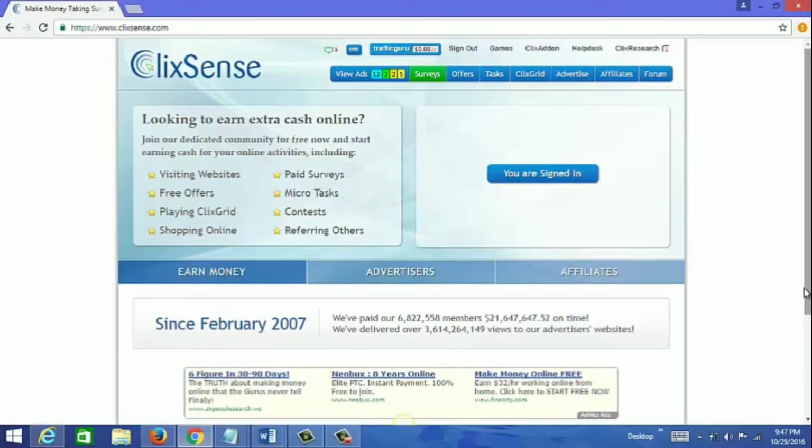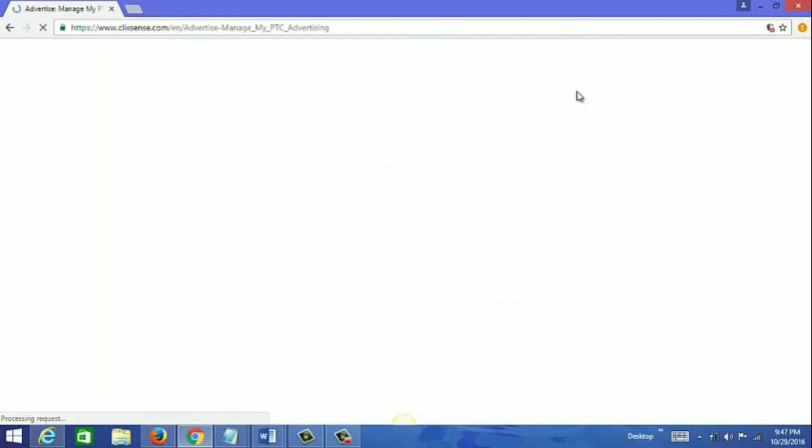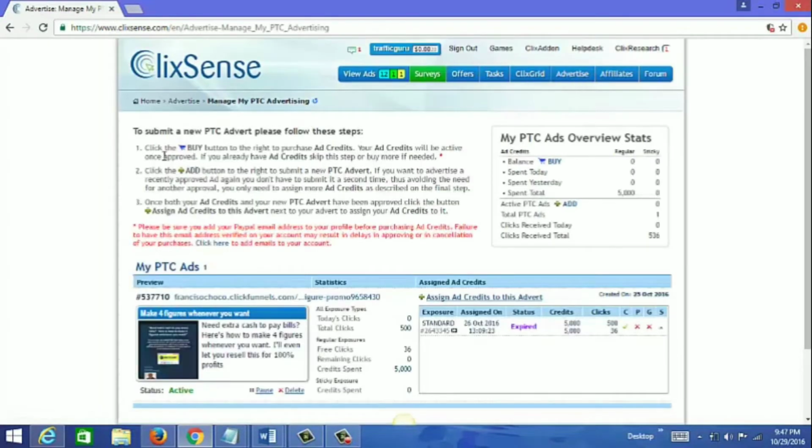In this video, I'm going to go through the first step of placing an ad on the ClickSense network. So we would just go to advertise, manage my PTC advertising, and they've outlined the steps here to placing an ad. There's only 3 steps and it's straightforward. So the first step is to purchase ad credits. So to do that, we would just go to buy,